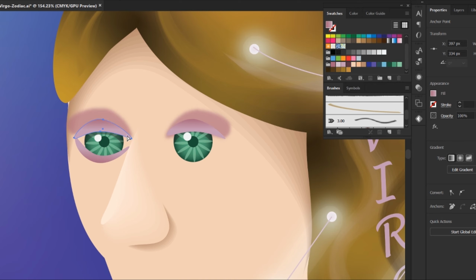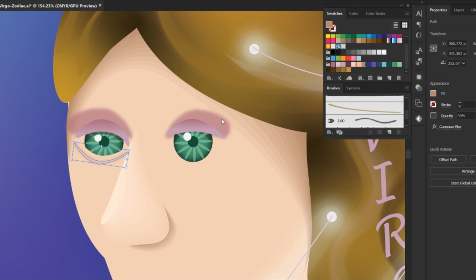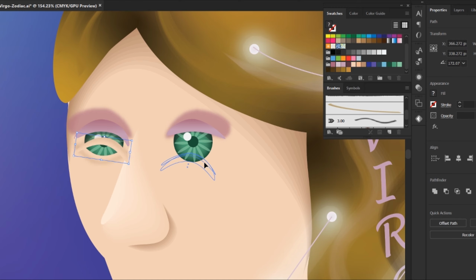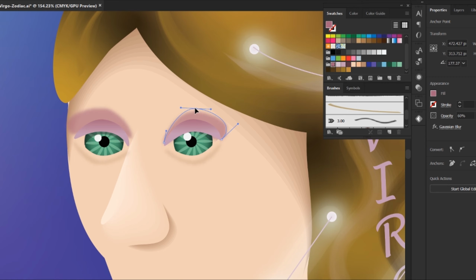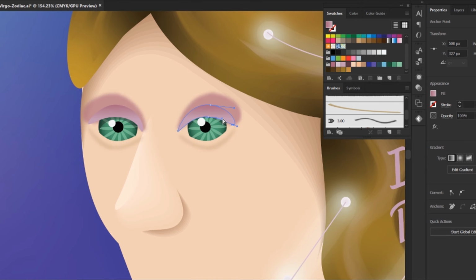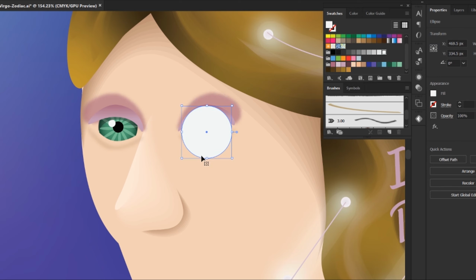Do that same process and duplicate it for the opposite eye, and go ahead and adjust the top eyelid so that the eyelid and the bottom lid connect. Reposition the eyeshadow, that way it is all believable and it looks all connected together. Next, we will create a circle from that sphere shape tool, make it white, and that will be the eyeball. Duplicate that shape for the other eye, and let's move on to make the eyeshadow a little bit more pretty